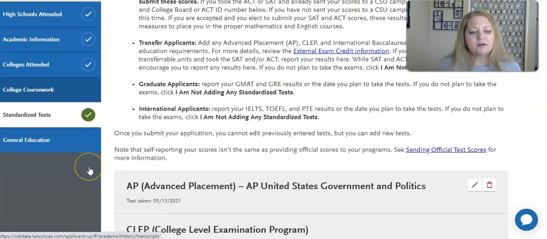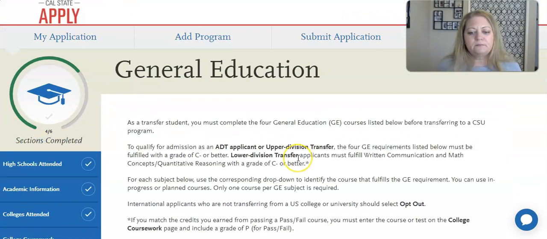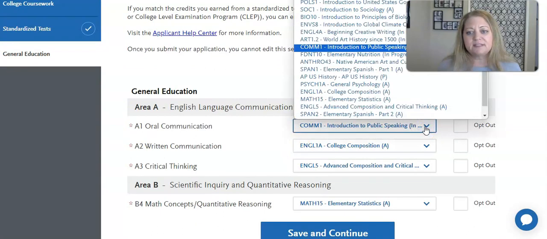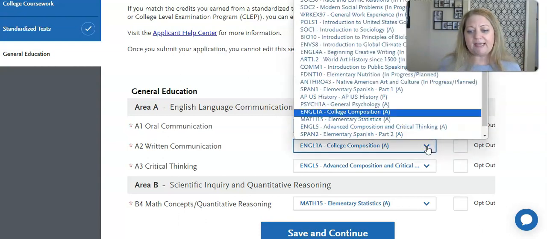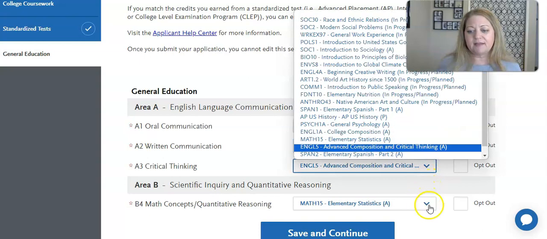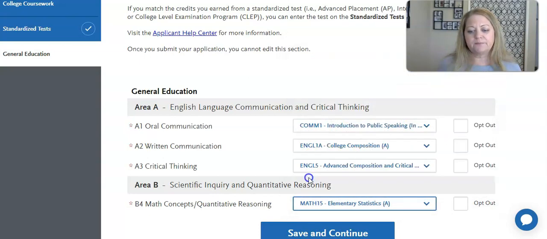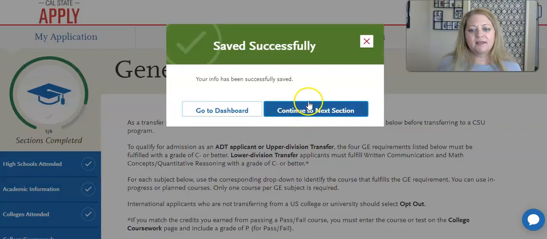And then it's asking about general education. And so for my general education, it's going to list every class I've ever taken. And so I have to go and find the appropriate class. So you might want to bring up the GE sheet to do this. So Comms 1 I took, English 1A, English 5, and statistics. Okay, so you have to go and find those in here. And so that is